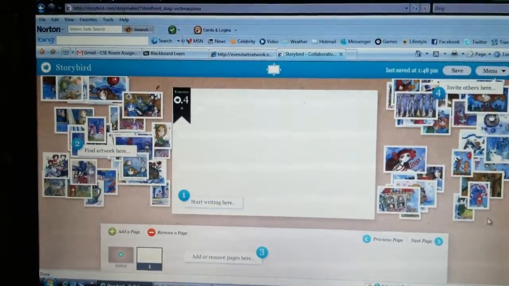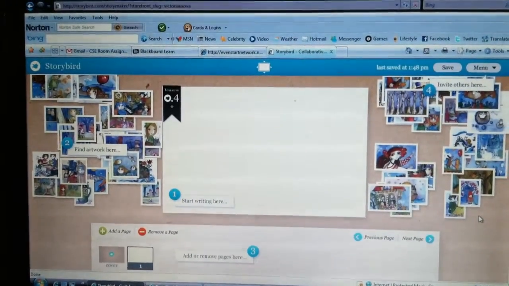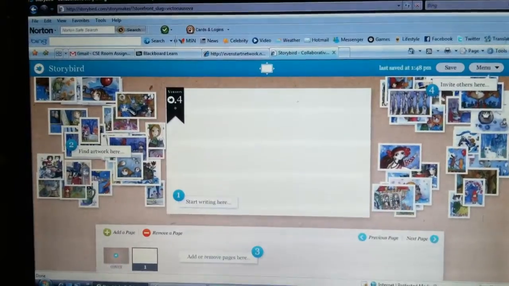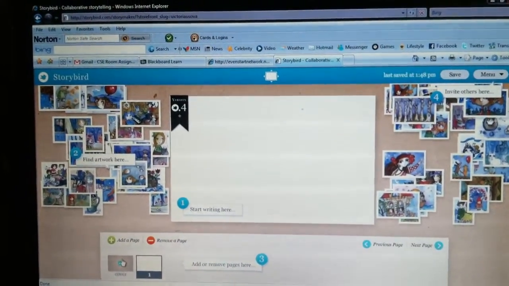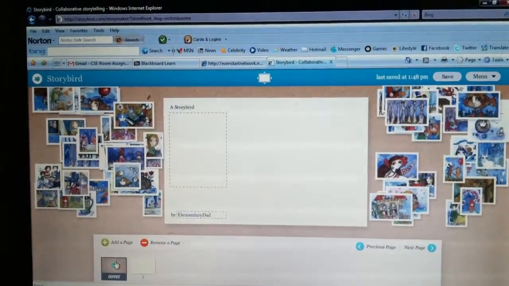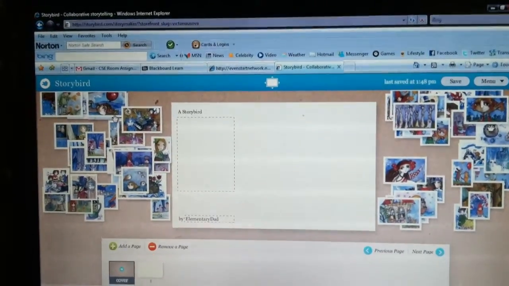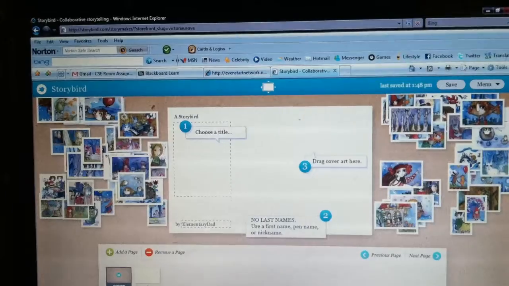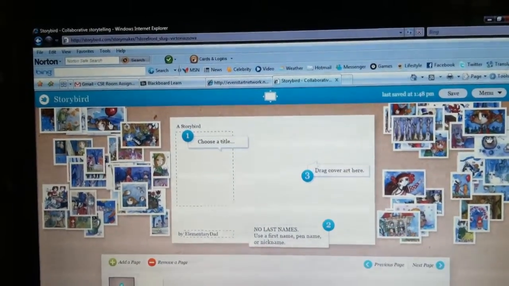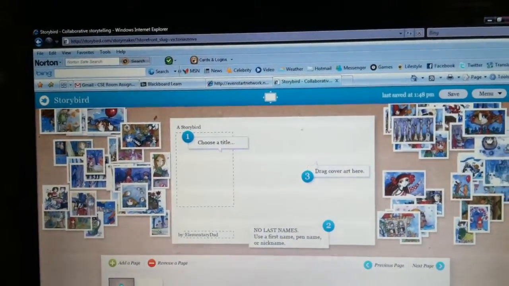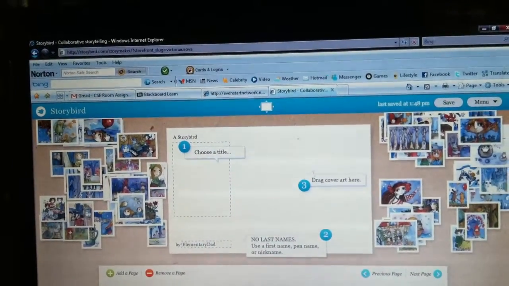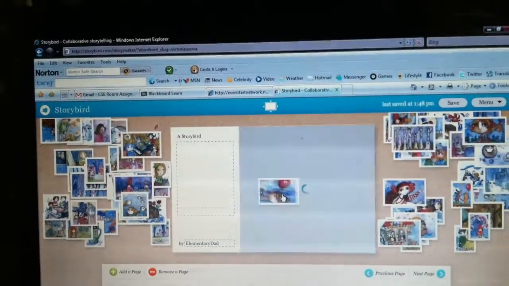So what happens is this, after you click Start a Storybird, it creates a pamphlet of art that you can choose from. The very first thing you do is to click Cover and then choose a picture. What we would do is we would have the students work in partners and each do about 6 slides to start, depending on their level. And so with 6 slides, the first student would choose the cover page,